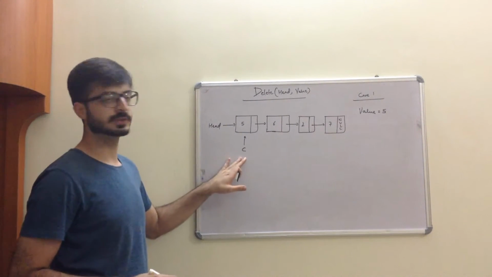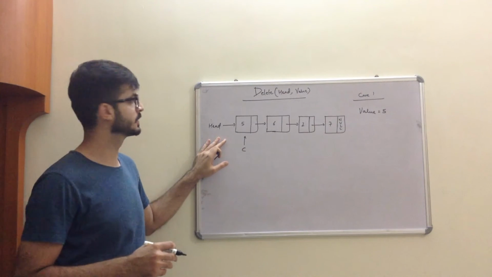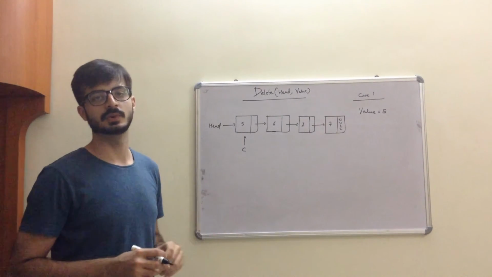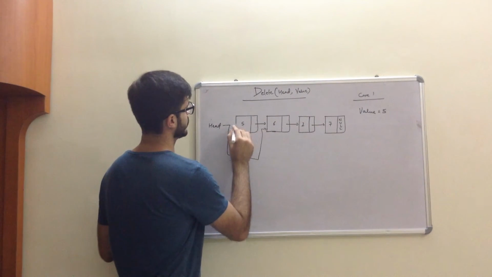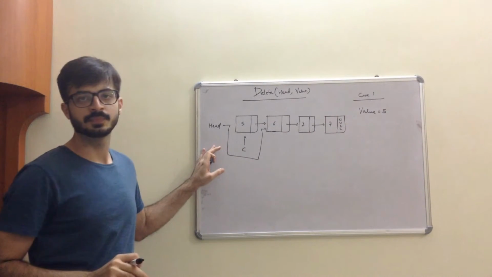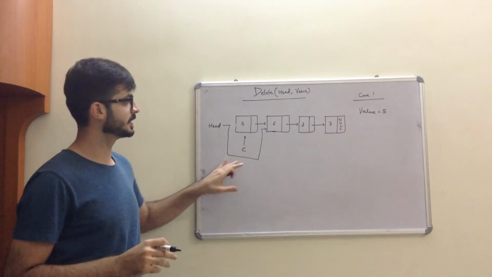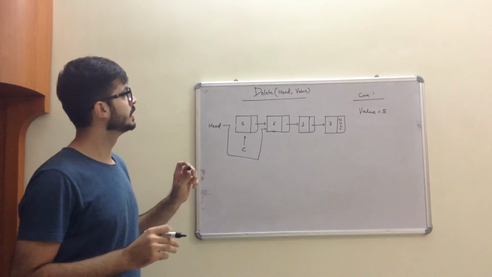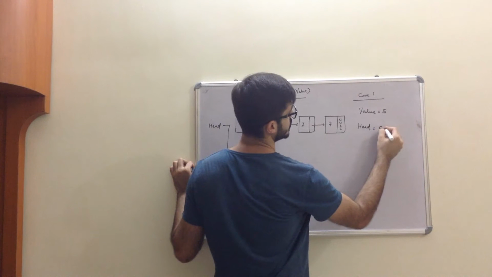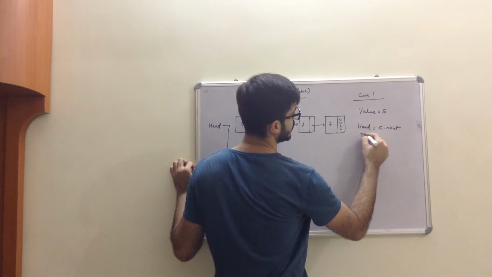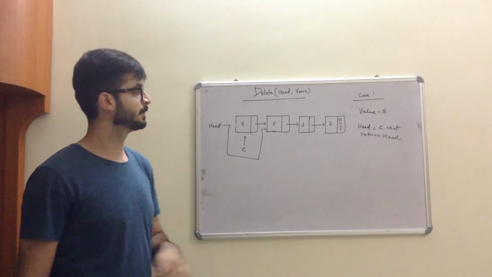Clearly in this case the current node's value is equal to 5. So I change the head pointer of the linked list to the adjacent node of the current node. This way I ensure that the new list which got created after deletion of the first node has a new head pointer. So programmatically what I did is head equal to C dot next. We do have to ensure that we return the newly created head pointer as well.